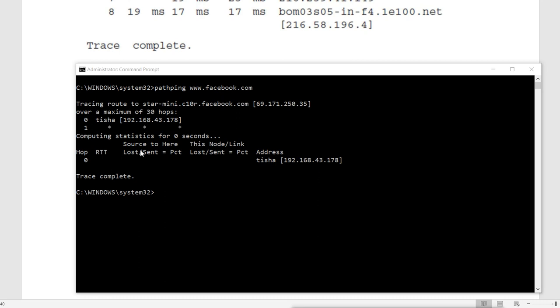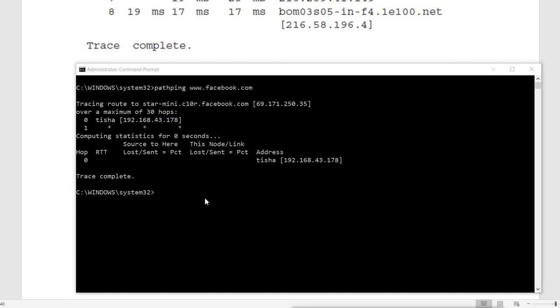Because remember, when we did the tracert also, it was not giving the reply for 2 hops. Those 2 hops were timing out. So it is not going beyond that. Pathping is not able to go beyond that because it is trying to ping it, and if it is not getting the reply, it stops here. It says I cannot go there, this is completed.